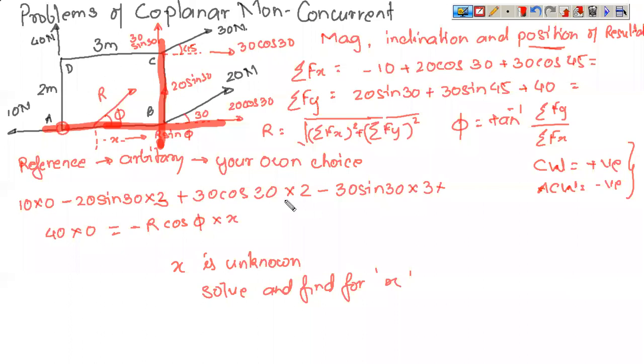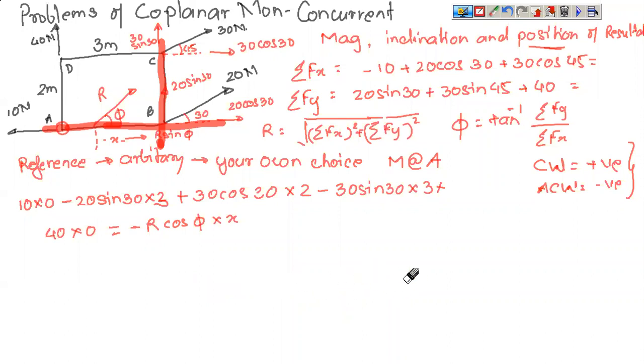So in the first part of the problem, what we had done is moment about A. Now what we will be doing is, we will find out moment about B. To find moment about B, we have taken B as our reference and drawn the reference locations. So let us take moment about point B. Now 20 cos 30 lies on AB, no perpendicular distance, so 20 cos 30 is 0. 20 sin 30 also lies on BC.